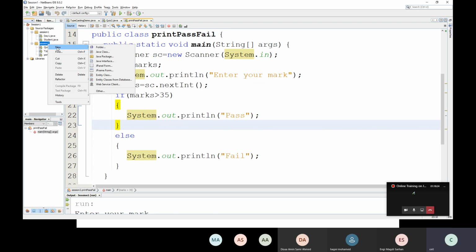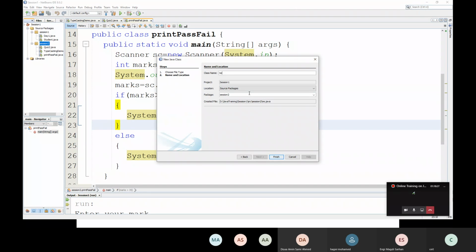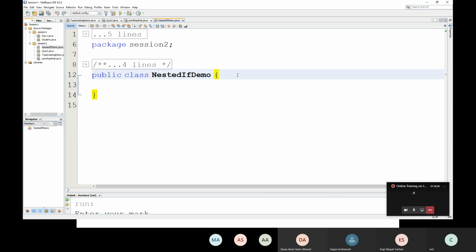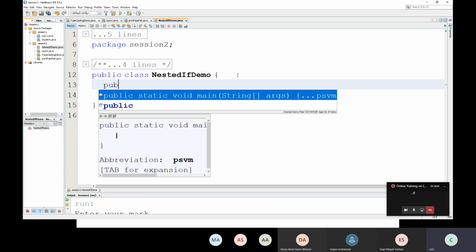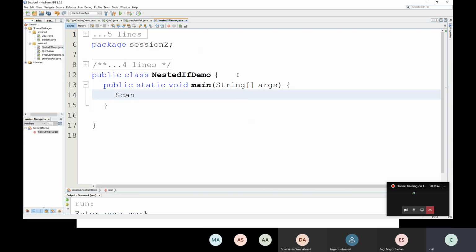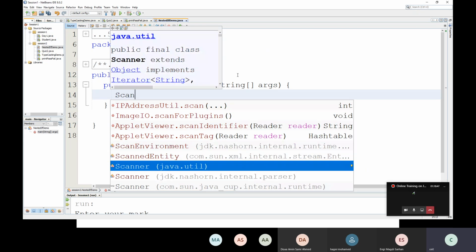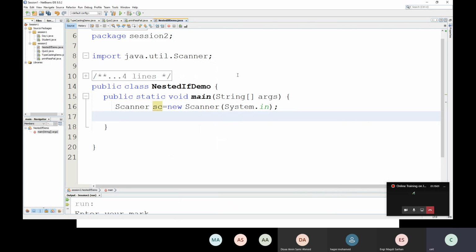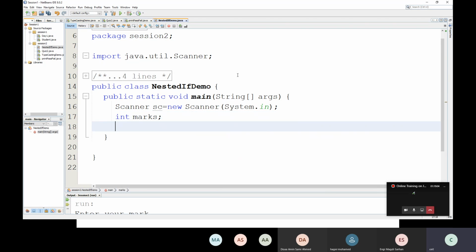Like, I will create another example. Nested if. And here public static void main. First I need a scanner class. That's why I just use Scanner. Always use control shift, yesterday I have told you. New Scanner(System.in). First I declare int marks, then